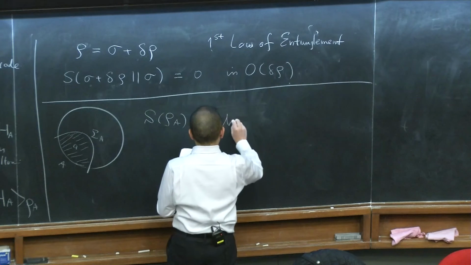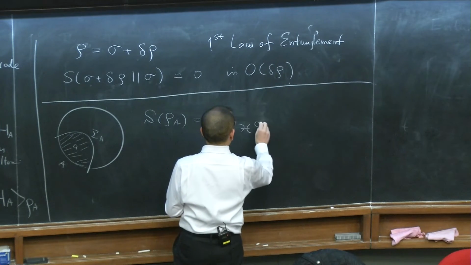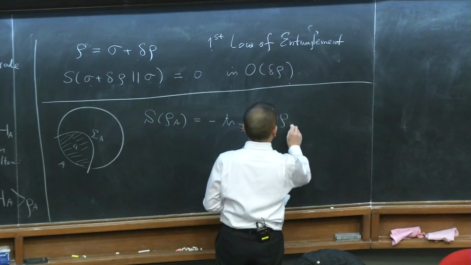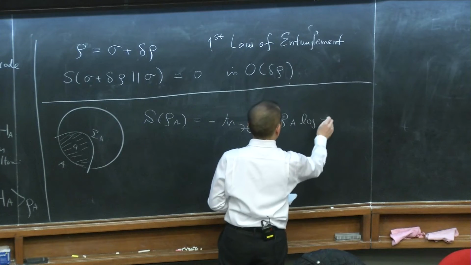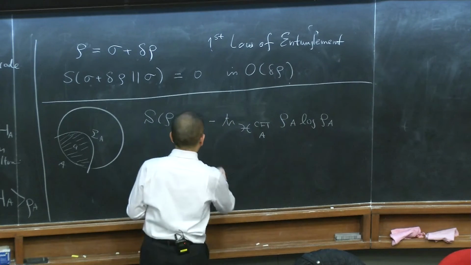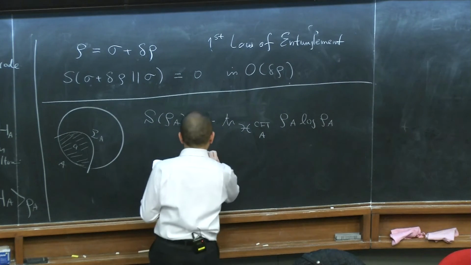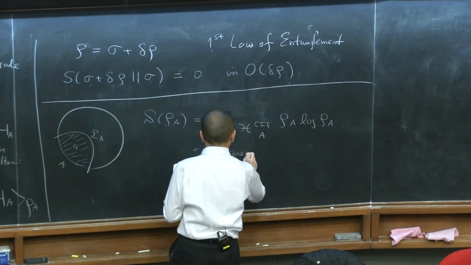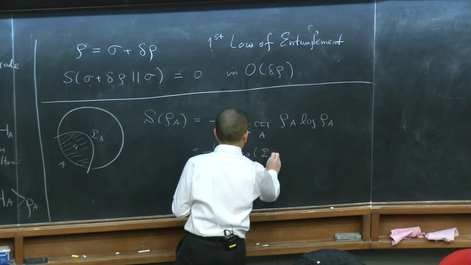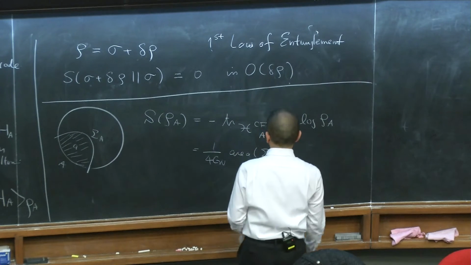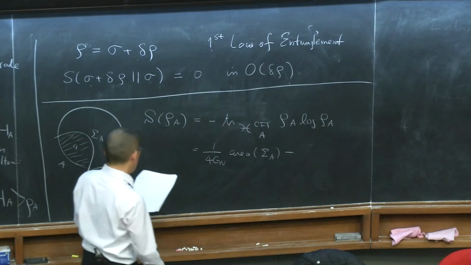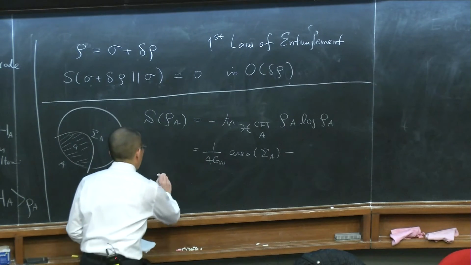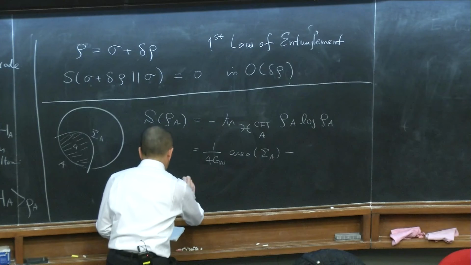It is computed by the CFT Hilbert space restricted to the region A, of rho A log rho A. And this is given by 1/4G Newton times the area of sigma A, minus, and it was shown by Faulkner, Lewkowycz, Maldacena, in